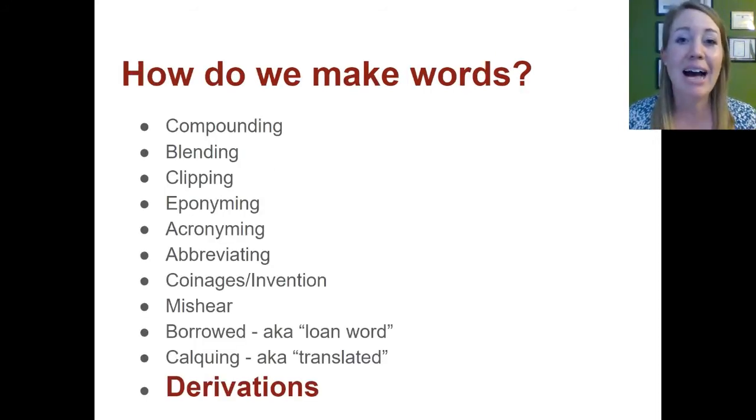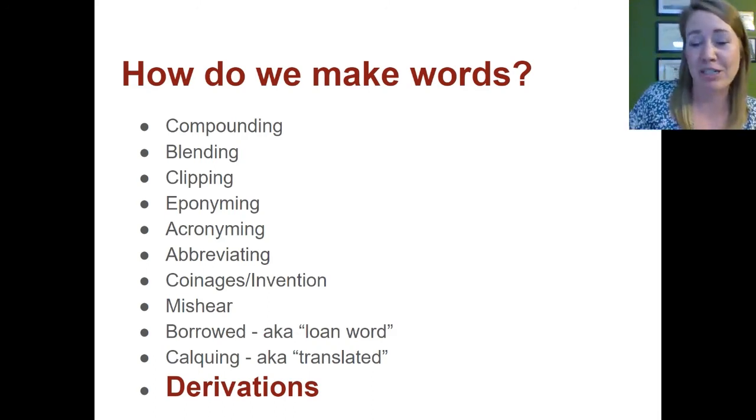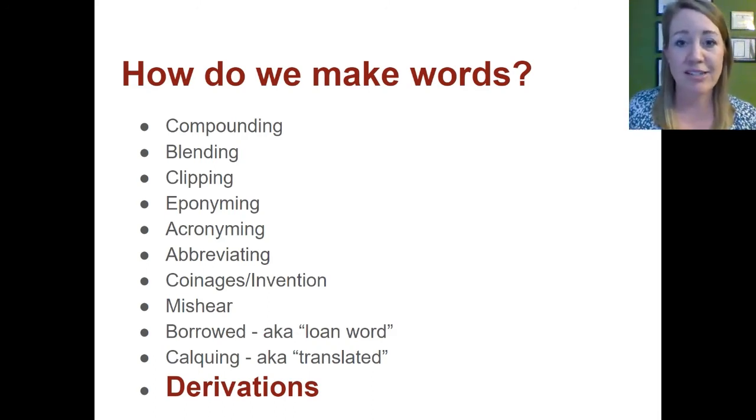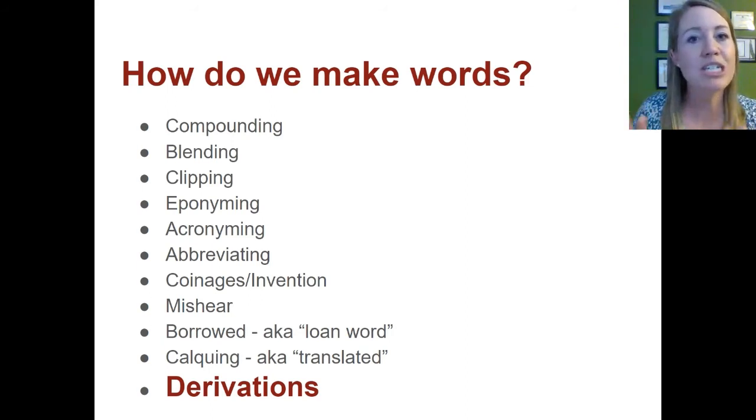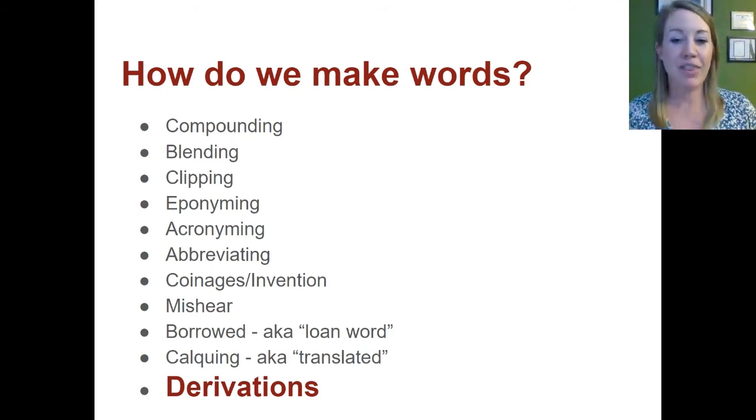So let's get started. How do we make words? With this lecture, we're going to specifically be talking about English, but keep in mind these concepts apply to other languages as well. So we're going to use the English language as our example. Let's talk about it this way. Derivation, which is the last one we're going to look at today, is the number one word formation process in how we create new words in English. We're going to look at that last because the next several lectures spend time focusing just on that one. The other ones, though, are also ways that we create new words in English.